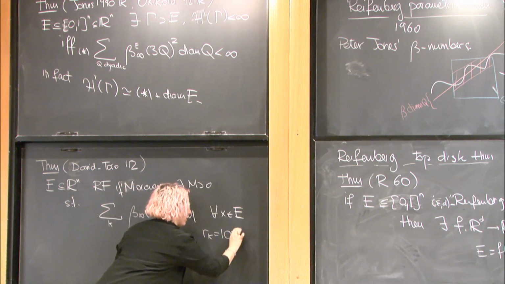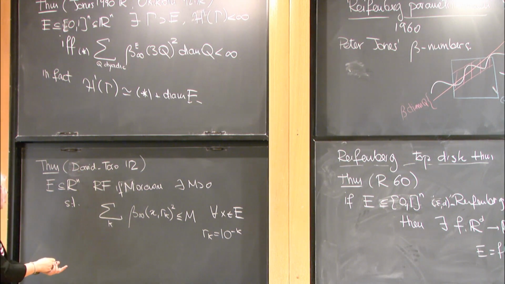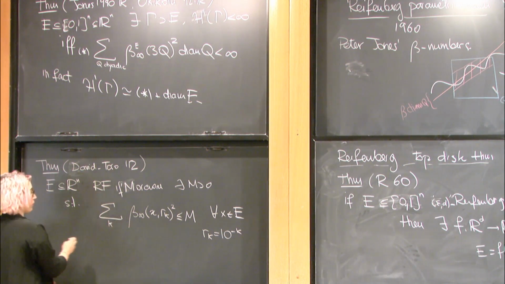So I'm just taking a sequence of scales that go to 0. So if this sum is finite, then